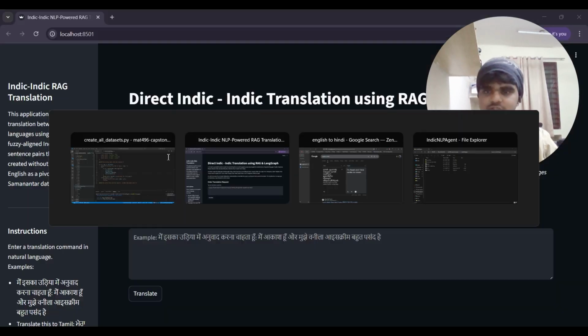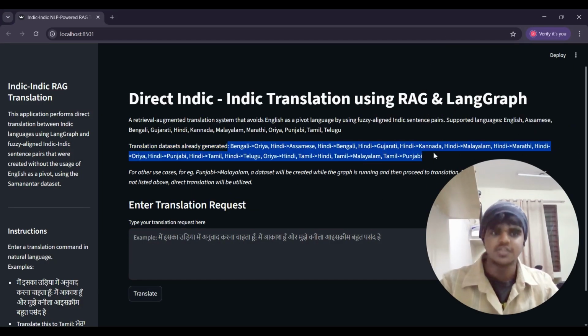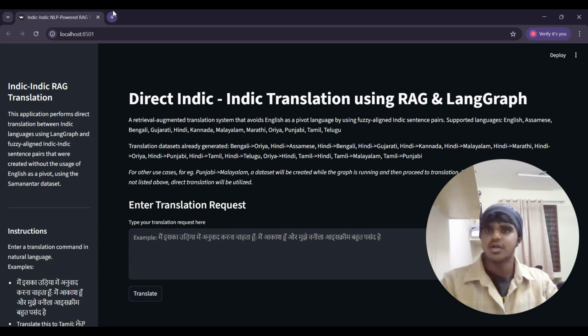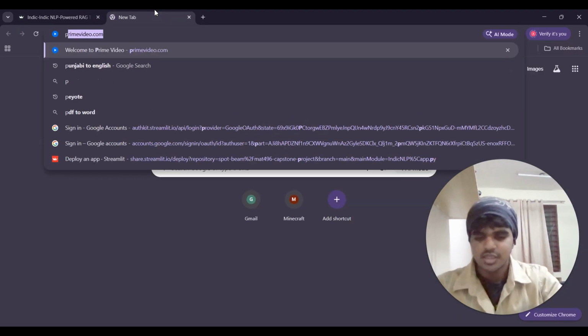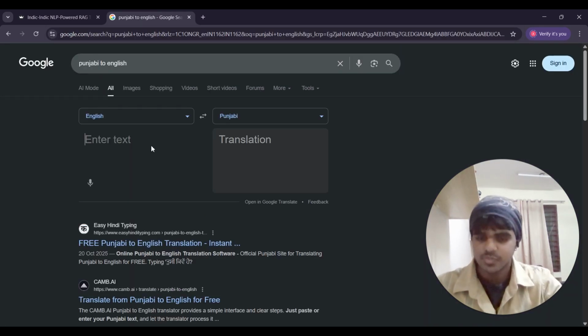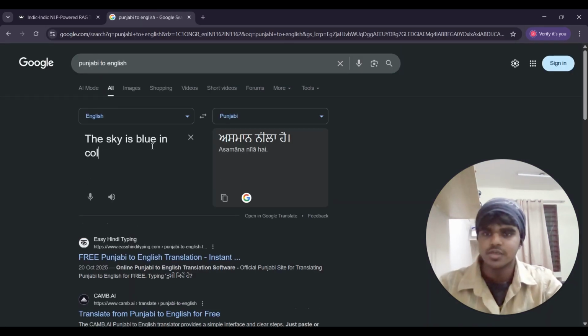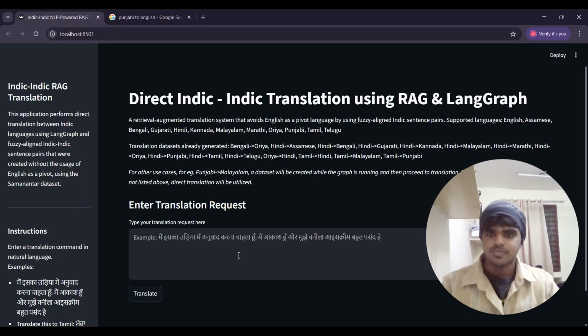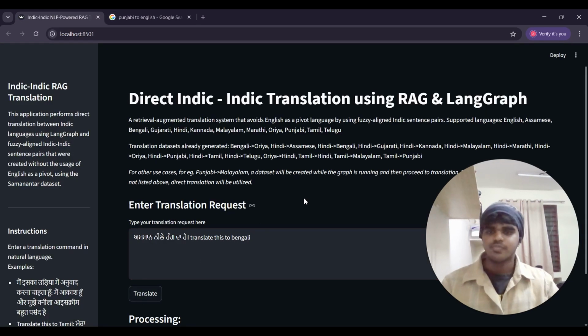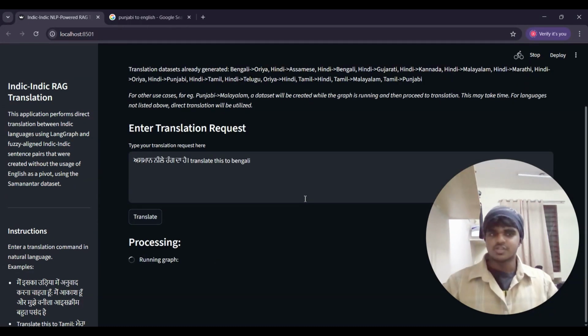I've created these data sets, all of these, which correspond to these translations. Let's say I want to do Punjabi to Bengali. Let's suppose I don't have it installed. I haven't created it using my own script, so it will do that automatically as part of the graph. And yeah, let's say I have, the sky is blue in color. Translate this to Bengali. Now this time around, it'll take a longer time because it has to create the data